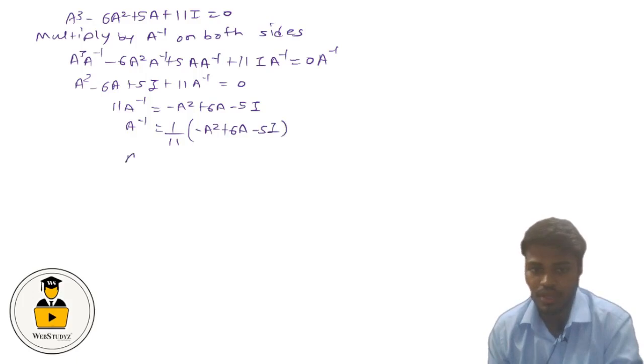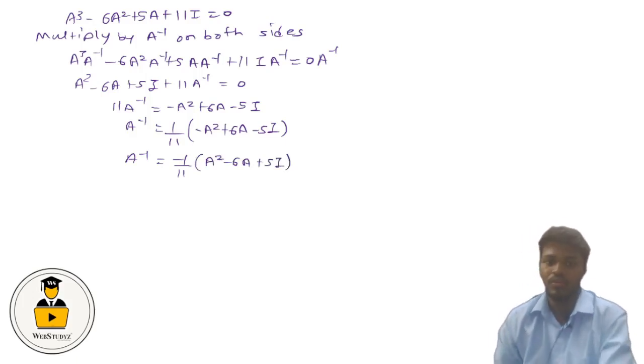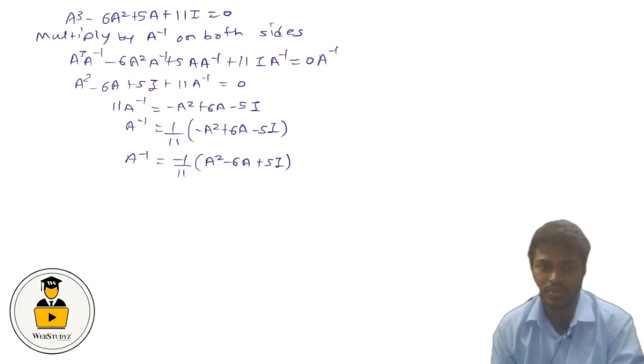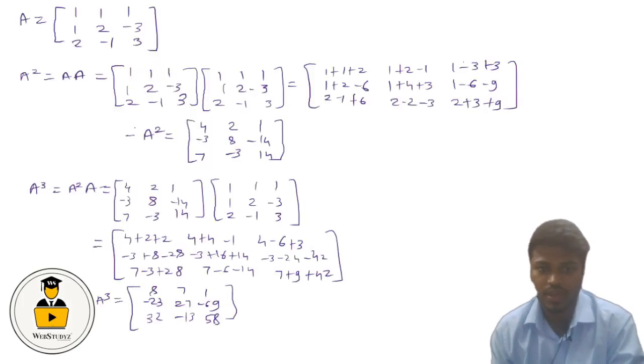So we can further simplify this. If we take minus outside, we will get A square minus 6A plus 5I. Now we have the value of A square, so we can substitute to get the value of A inverse. So A inverse will be minus 1 upon 11 times A square. So A square we have calculated as